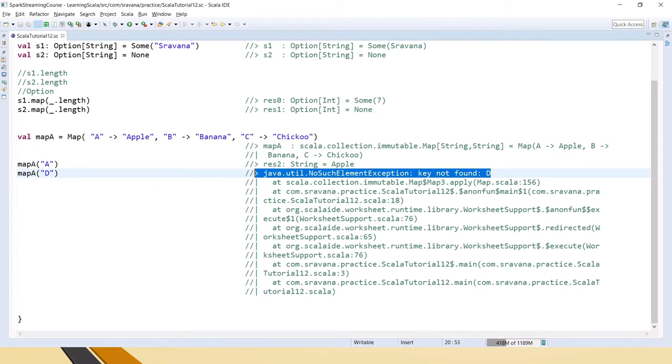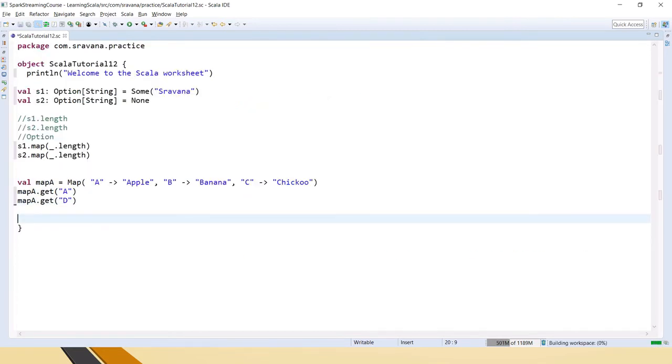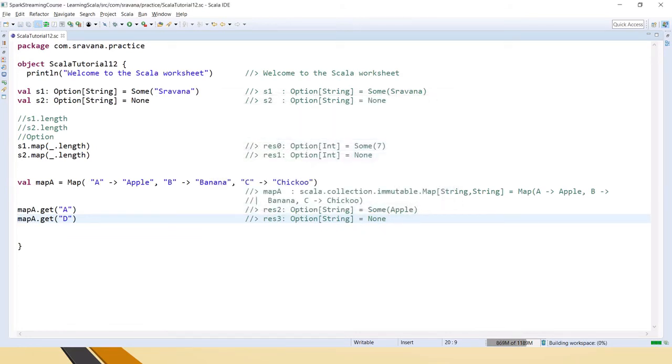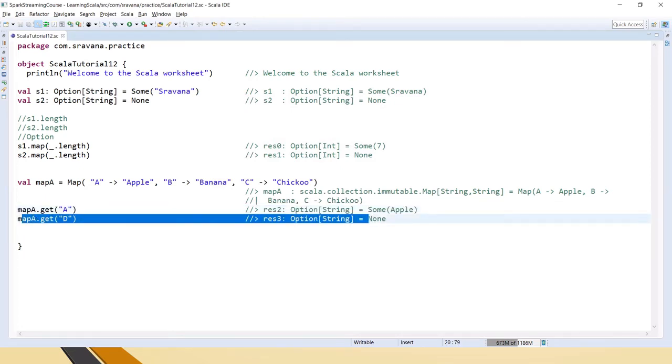So now instead of directly getting the values, we'll use the get method. And you can see here the result is Option of String. By default the get method uses the Option classes, so it has not returned the null pointer or no such element exception. Instead it has returned None.